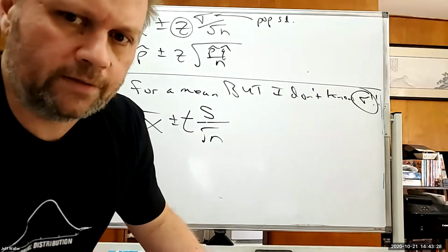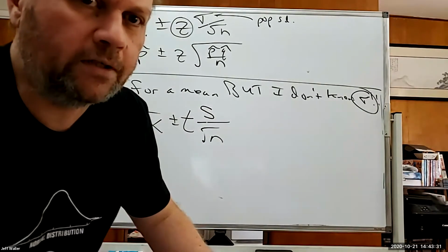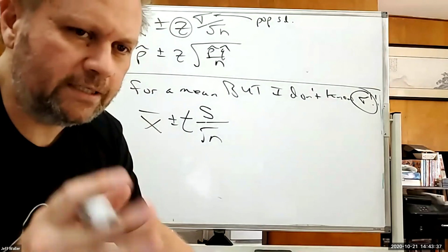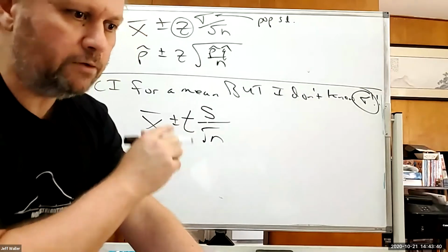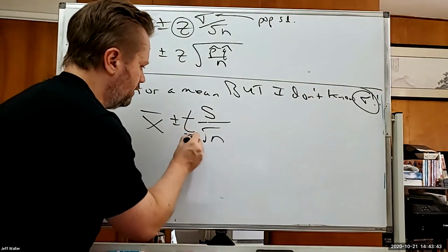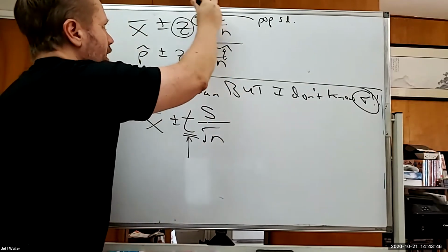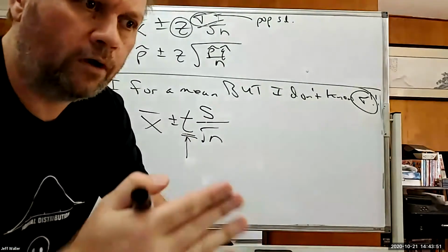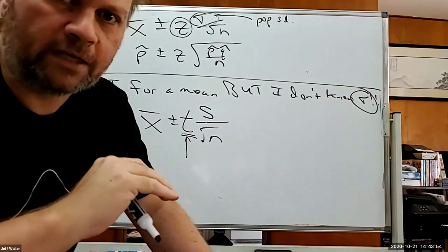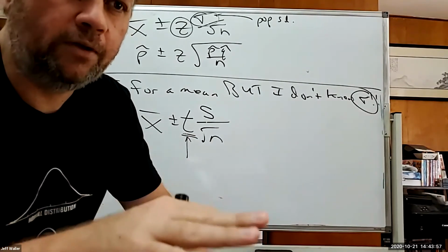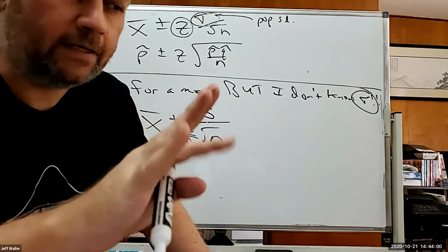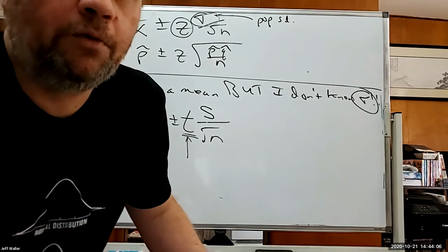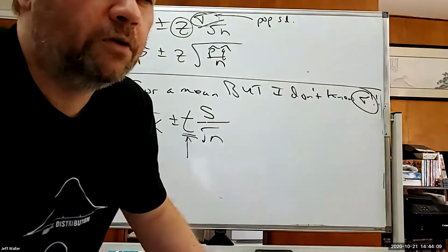The guy who created this, his name was William Gosset, and he worked in the Guinness brewery. It was part of his contract that any research he did would be owned by Guinness. So he did research on this. He created this because he knew the problem with not knowing this. So he created this distribution. When he submitted it to a journal article, he used a different name. He called himself Student, so you might see the phrase Student's t-scores because it's his pen name. It's what he used instead of anonymous. He called himself Student so that he wouldn't have to give his research to the brewery.